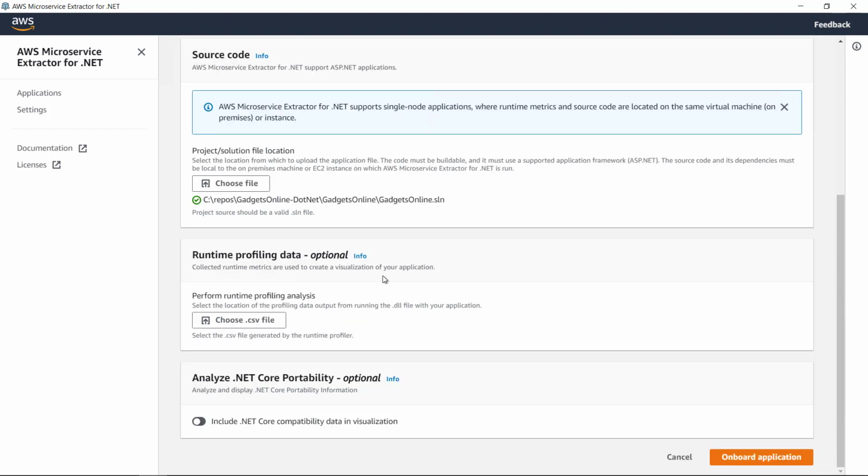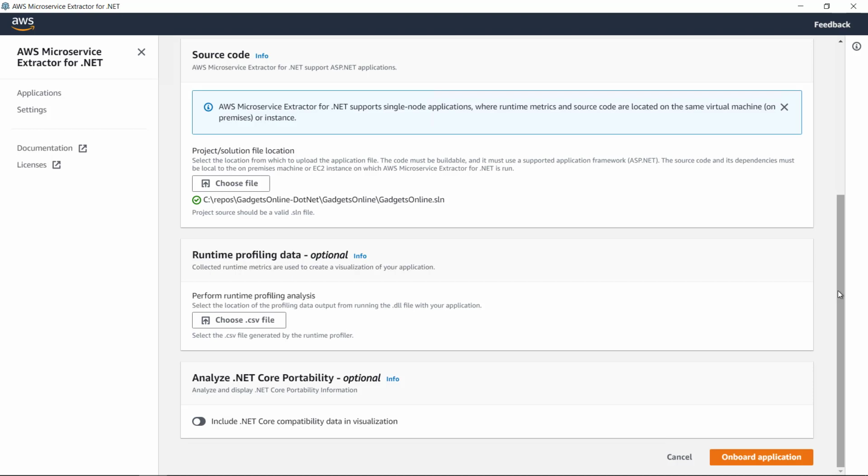Next step, which is an optional step, is to provide runtime profiling data. Along with the graphical user interface, which is helping me visualize part of the application and then break part of an application as an independent service, Microservice Extractor also ships with a DLL, which can be used to profile your existing application. All you have to do is use that DLL, register the DLL, and update your IIS config file. And on the runtime, the DLL will help collect some profiling data.